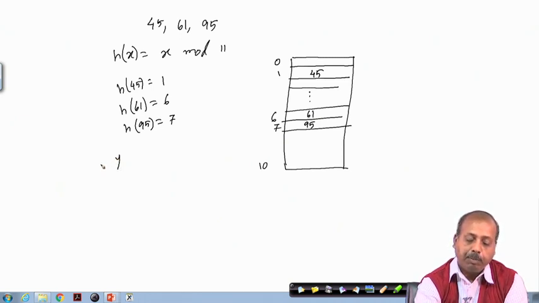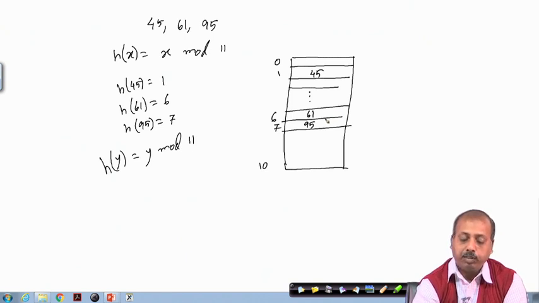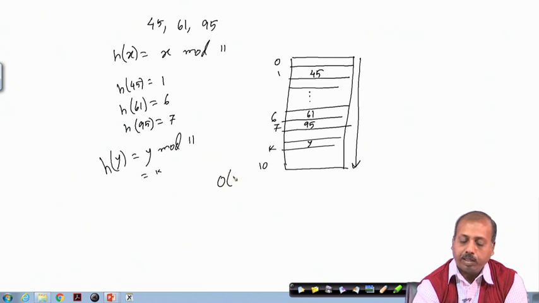So, what we do? We apply the h function on y to get y mod 11 and we need to come to the corresponding index. So, if this value is equal to say k, then we look at the kth entry in this table. If the number y is there, as per our policy, it will be in this slot only. As a result, for searching a number, I do not have to do a sequential search through the entire table, I can do it in constant time. So, this access can be made constant time.